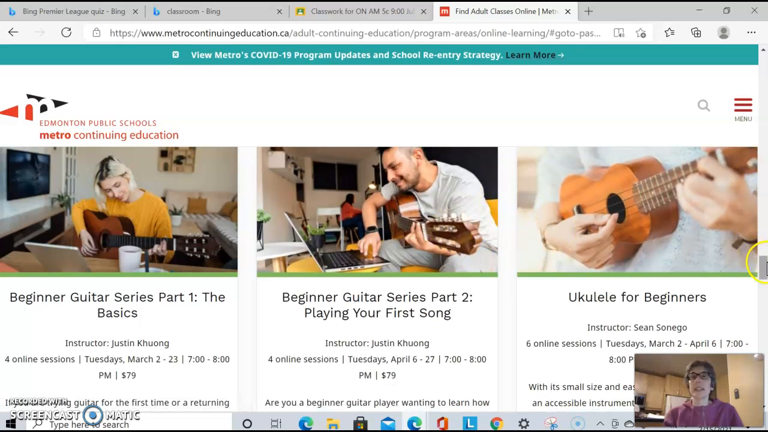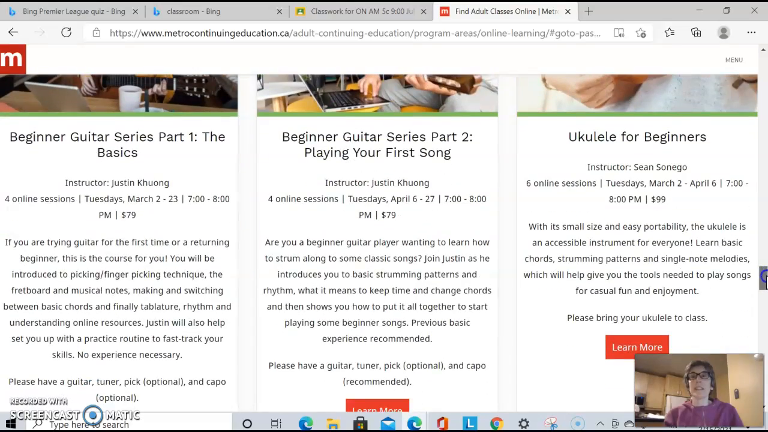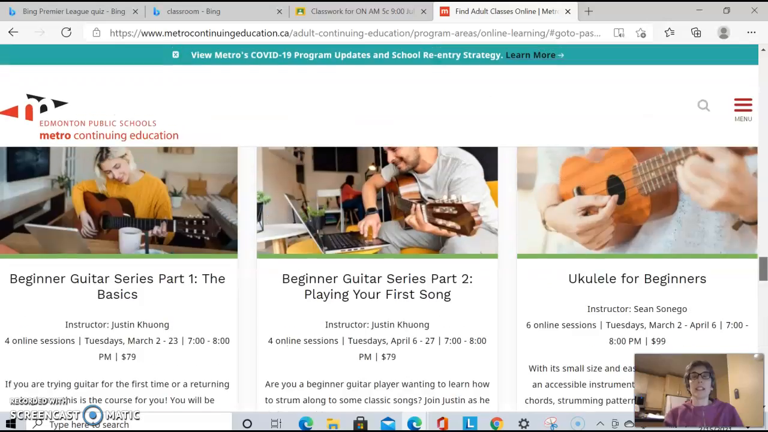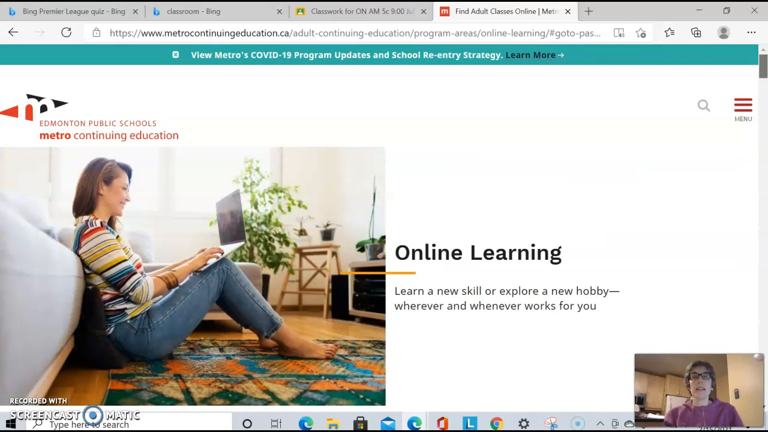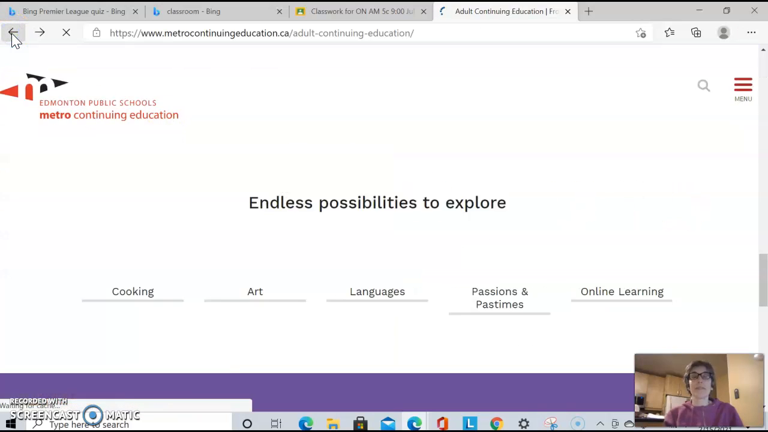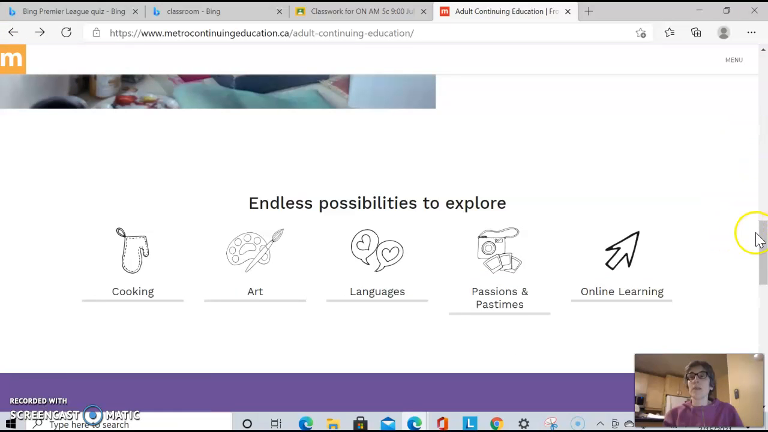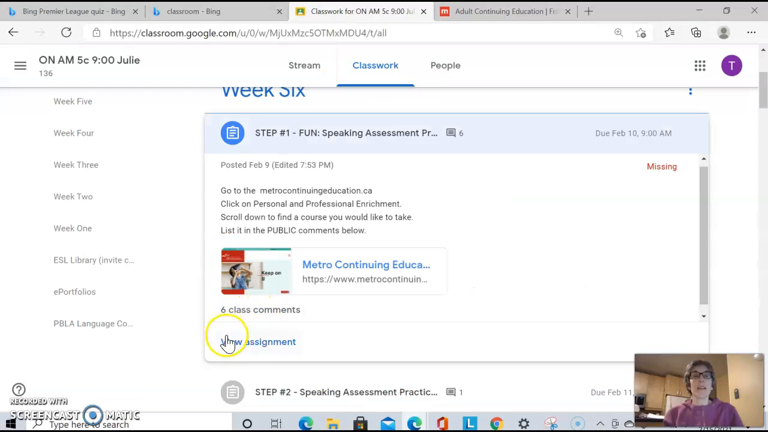Oh, looks like they've got guitar, all kinds of courses down here that I could take. If I don't like that, I can go back and I can arrow back, and I might want to check the online part for courses. When I'm done, I write down the information about the class. Maybe it's a language class, and I am going to go back to my classroom